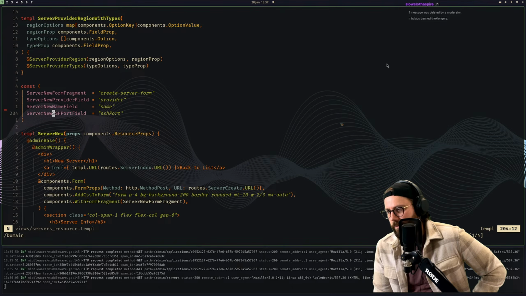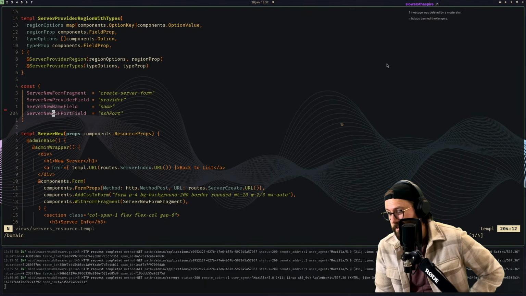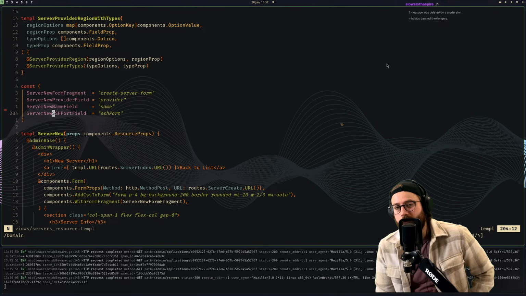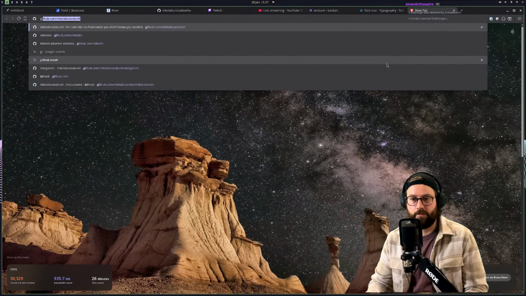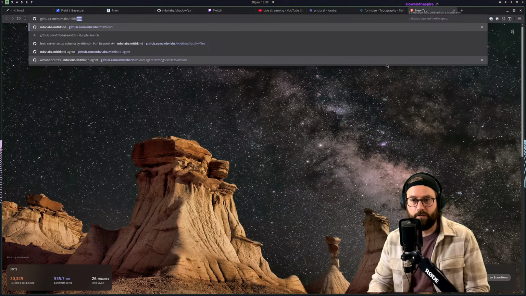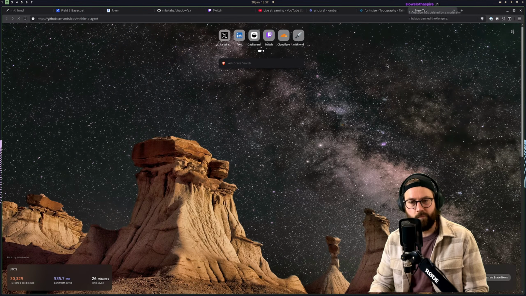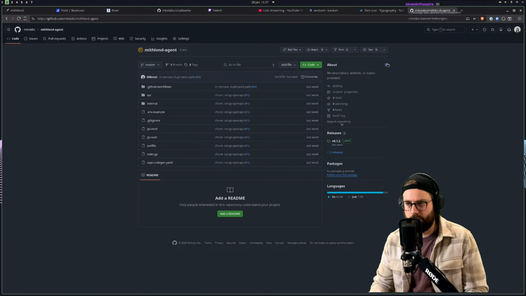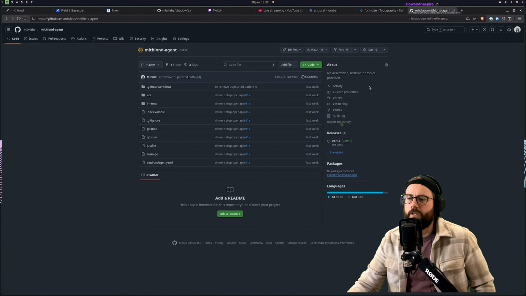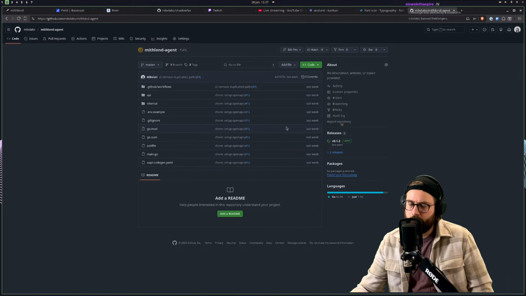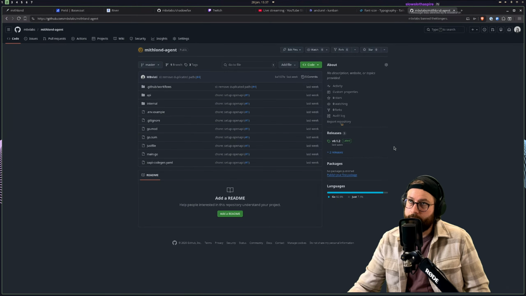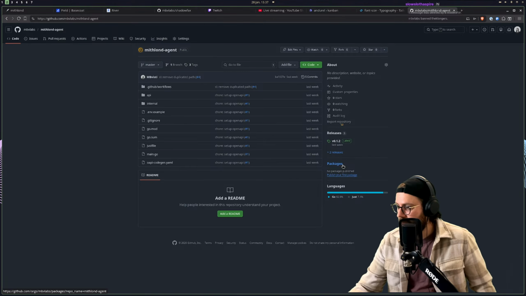I'm still figuring out how I want to deal with binary deploys. I am going to be using Cloudflare's R2 to host the agents. So basically there's this mithlond agent repository right here that I'm also going to touch on today. That will do releases and upload a binary to a public R2 bucket. So I'm going to start building around that, but ideally it should